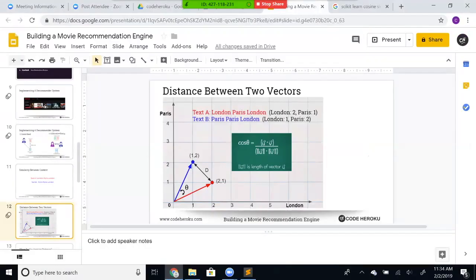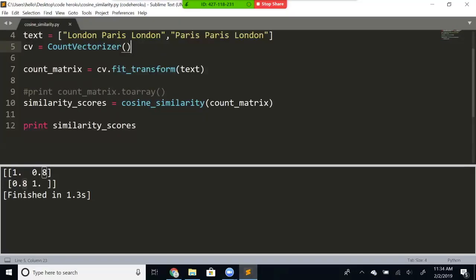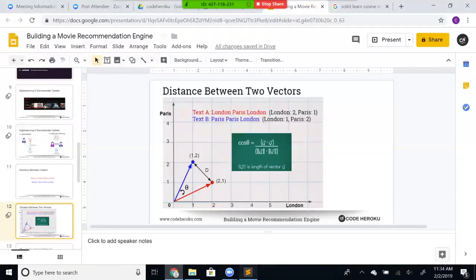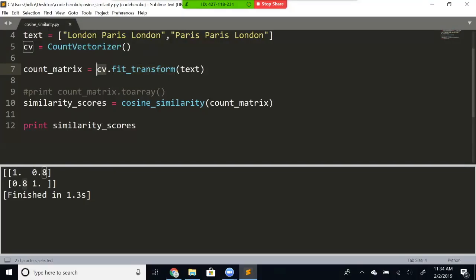So we said let's just try it out in Python. So we came over here. We first got these two vectors 1, 2 and 2, 1 using the fit_transform of the CountVectorizer class. Once we had that matrix of 1, 2 and 2, 1, we said use the cosine similarity, or find the cos theta, for these two vectors. Scikit-learn has given us an implementation to find this cos theta, and we're going to say similarity scores is equal to cos theta, and we pass the count matrix to it,